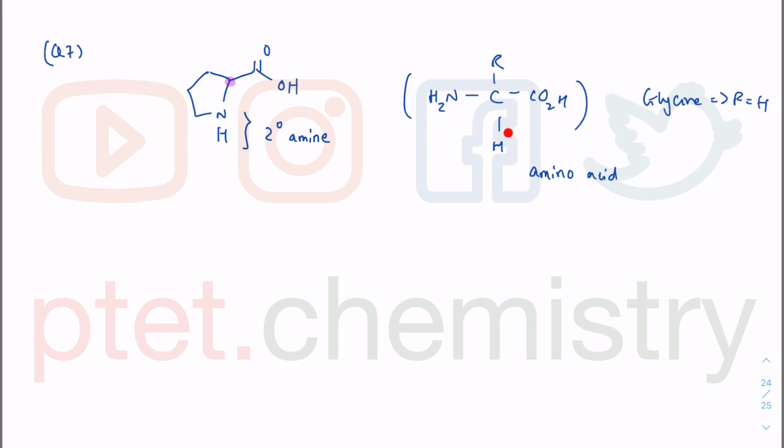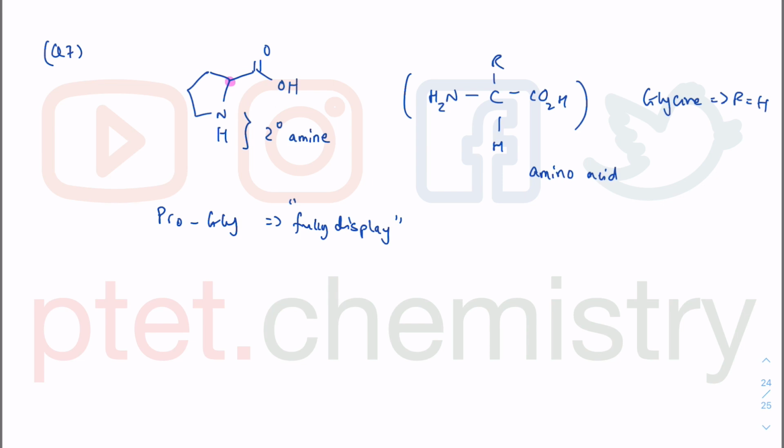It's one of the 22 that are not chiral, because when you have hydrogen and hydrogen, the carbon is not bonded to 4 different groups, so there will not be a chiral carbon in glycine, so glycine is not optically active. Since they want us to draw pro and gly, and they want us to fully display the